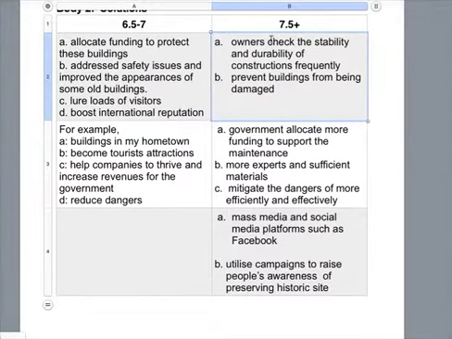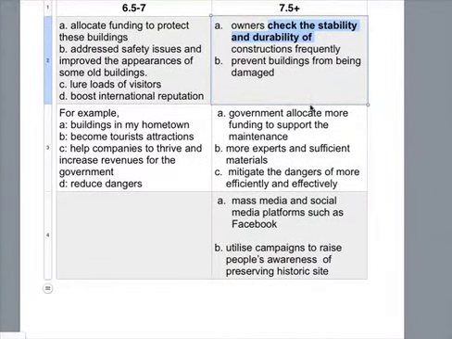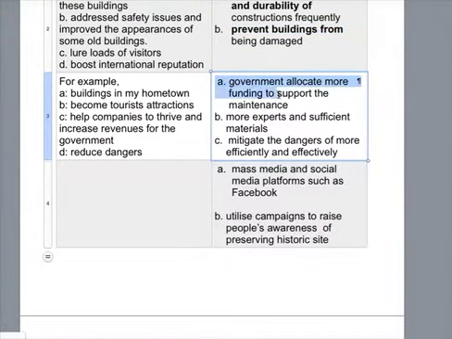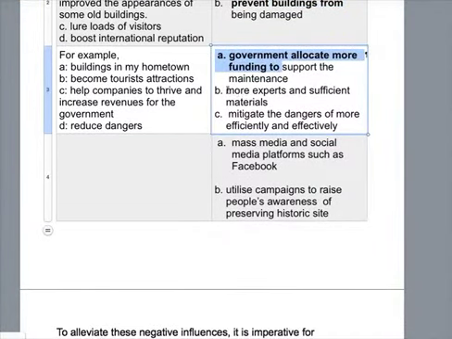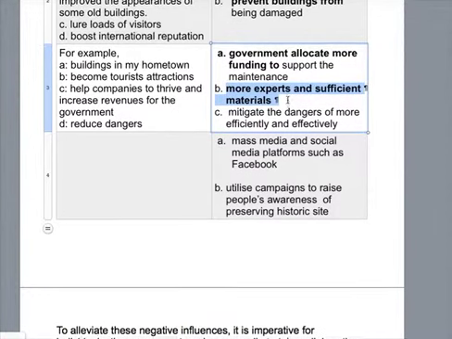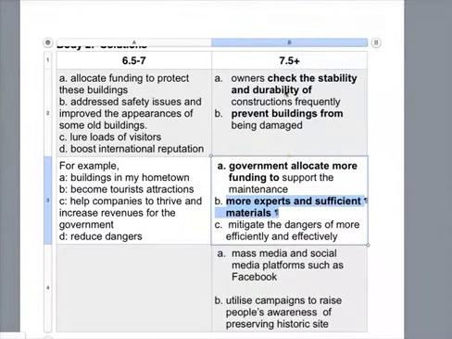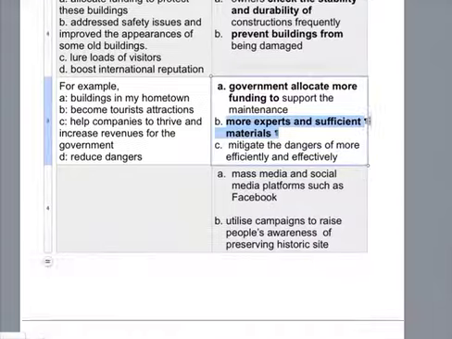For example, check the durability and stability of the building, and also prevent something from doing something, allocate funding to do something, hire more experts and sufficient materials. So you can see in each A, B, and C, I all used very specific phrases instead of writing something really big, general safety issues. I didn't even use any safety